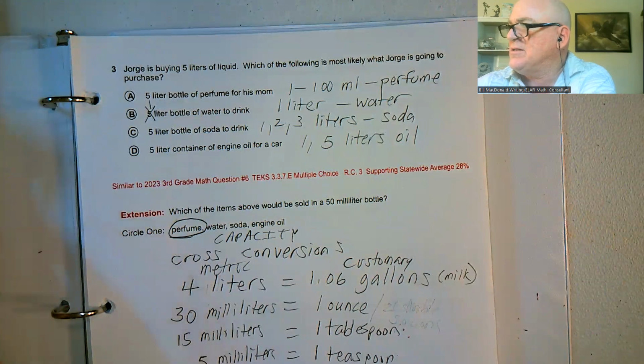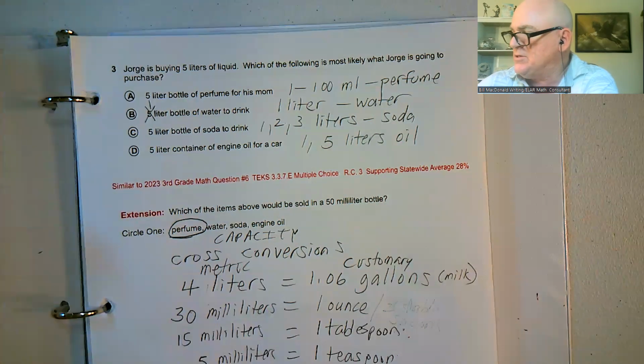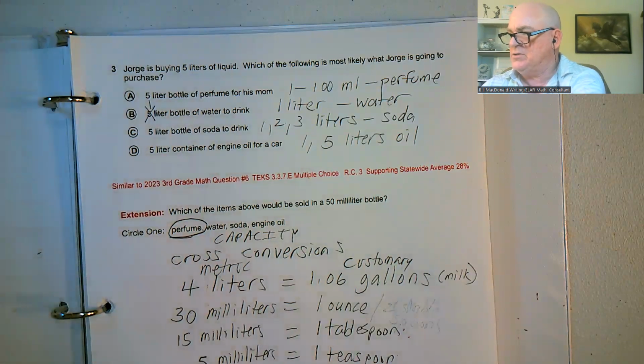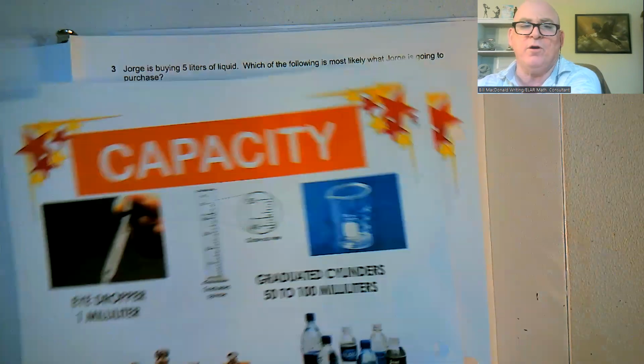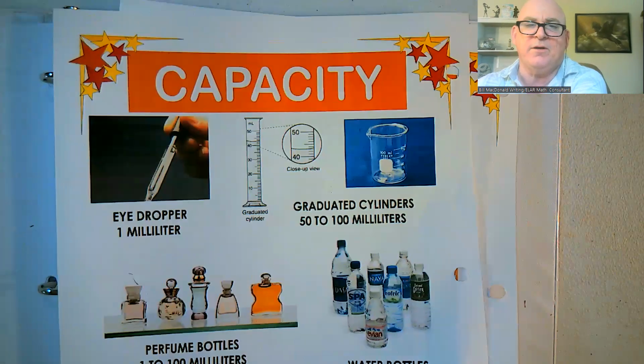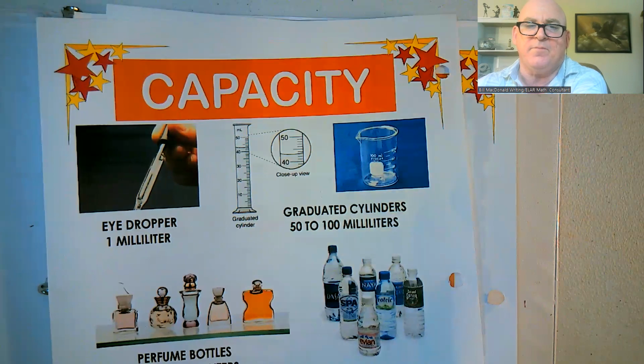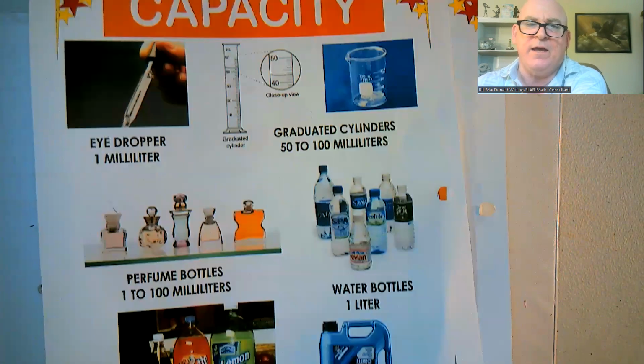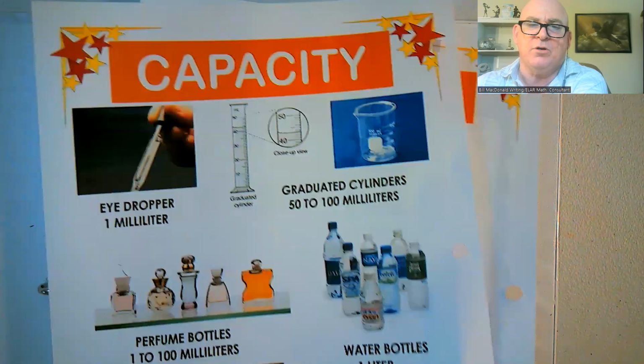So I would suggest that before you give them a question like this, go to pages 22 and 24 of the math posters so that we can see, okay, with capacity,